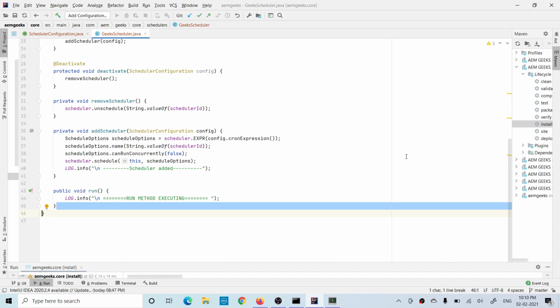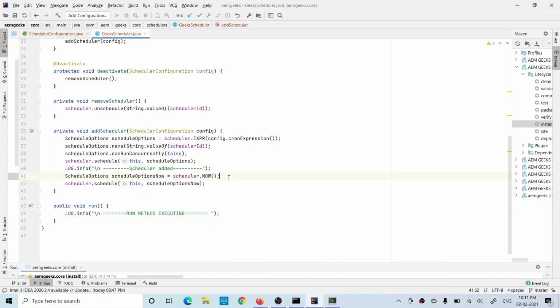So suppose you have a requirement that your scheduler will execute at 12 o'clock every time, but when you deploy this scheduler, you want at least one execution, right? As soon as you deploy, the scheduler should run, and the rest of the time it will execute at 12 o'clock every night.